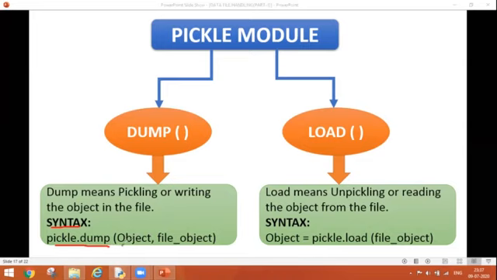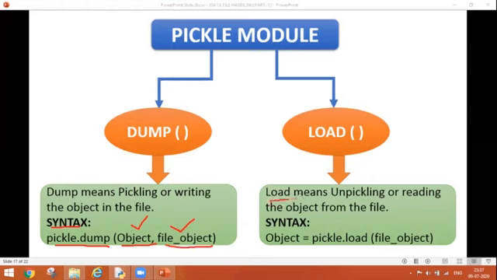Here we have two parameters, object and file object. Object means the data which I am going to write into my file. File object is a kind of mediator between the data and a file. That's why we call it a file handle also, as it manages the connectivity between the data and the file.